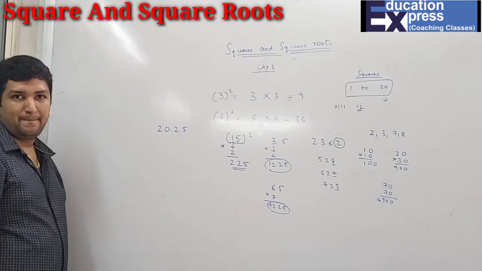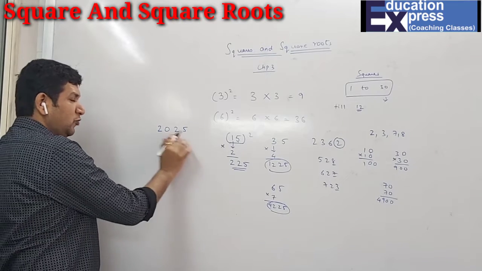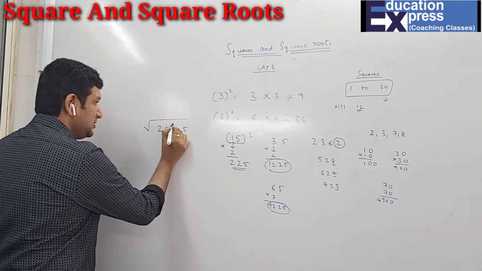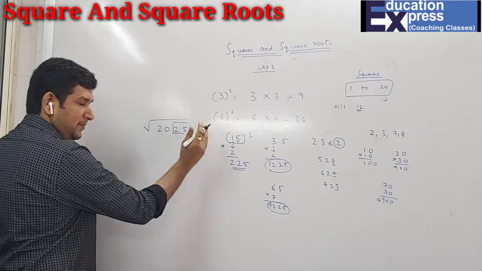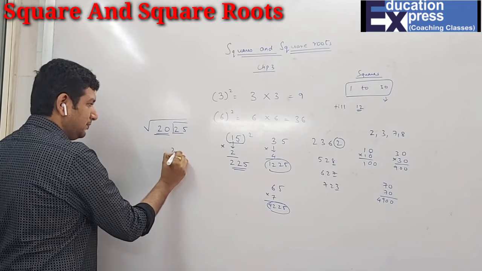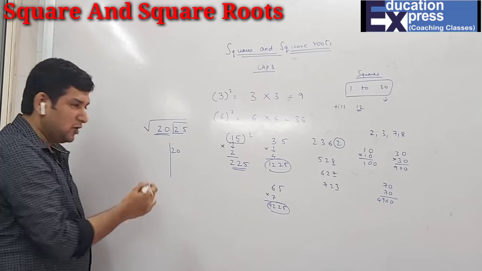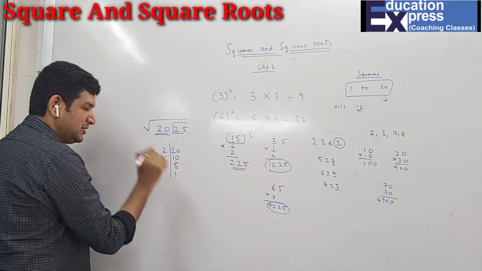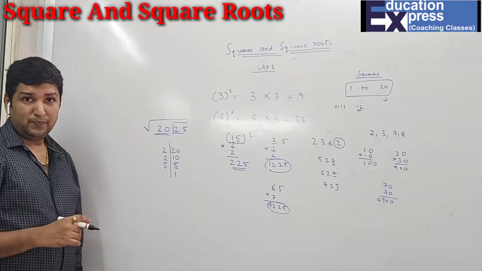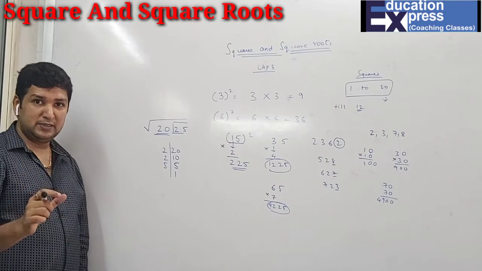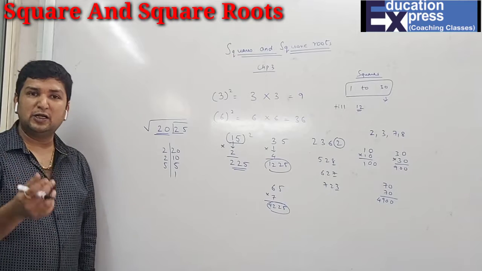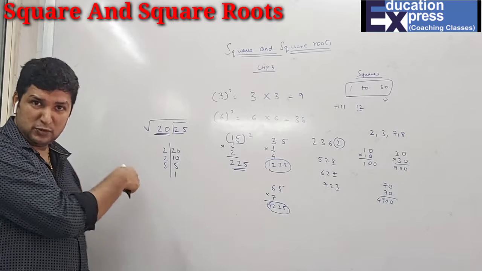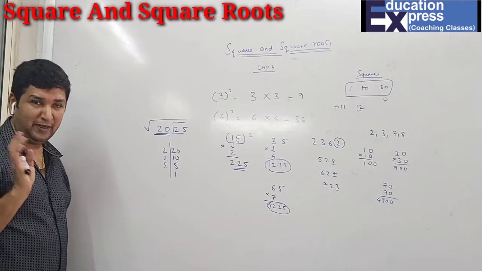2025 and I want to find the square root for this, first I will remove 25. Okay, now what is left? 20. Now I'll find the factors of it. 2 tens are 2, 5s are 5, 1s are. After this now, I have to find two numbers which are consecutive. Consecutive is what? After 3 what comes? 4. After 4 comes 5.